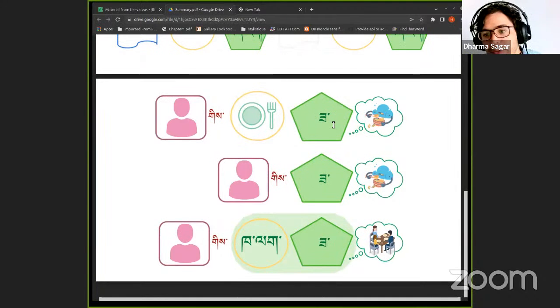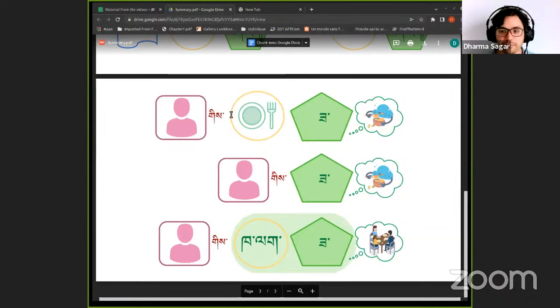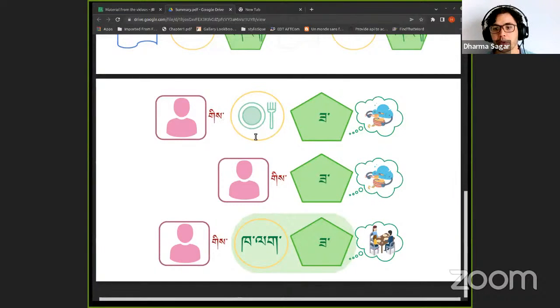And so you know that gi is marking the subject. This is something that all of you know. And you know also that sometimes you have the gi, sometimes you don't have the gi. And so it becomes confusing to know when to have the gi and when not to have the gi, right? And for me, the simplest way of solving this problem is to say, okay, let's look at the action.